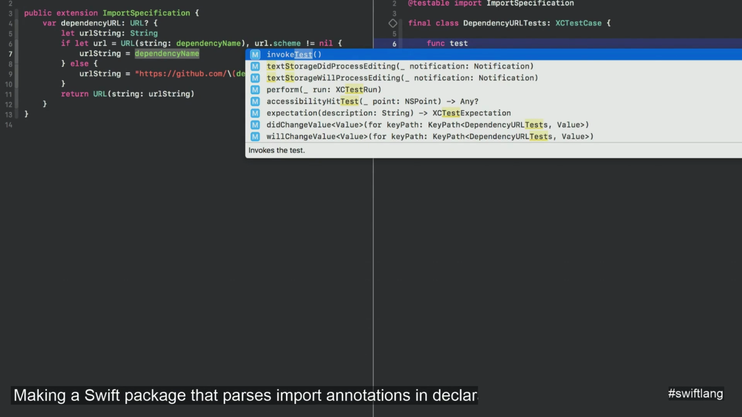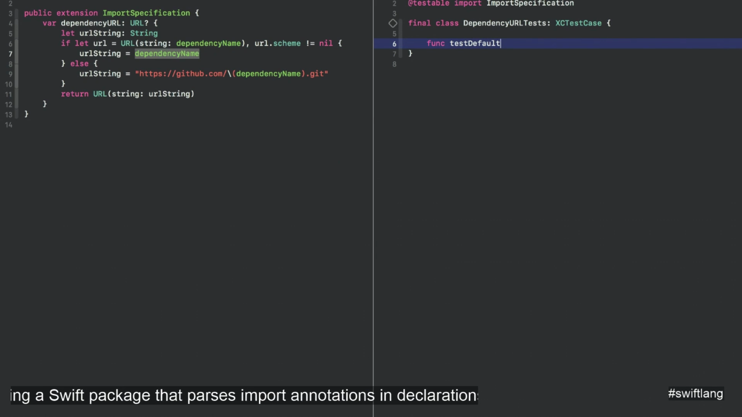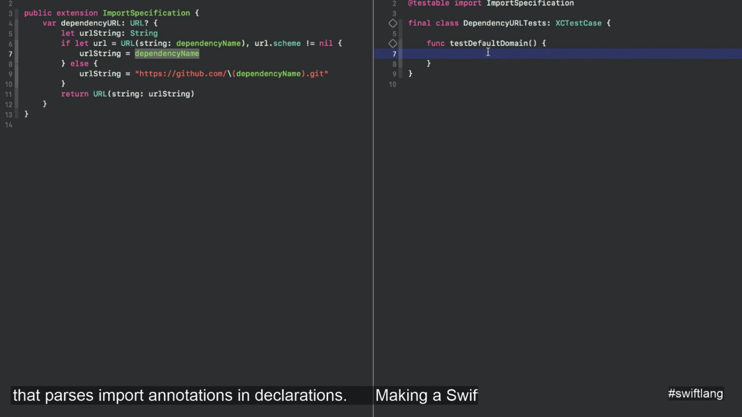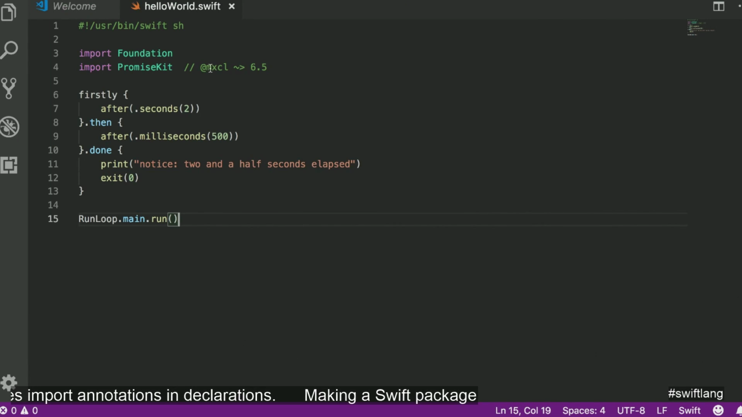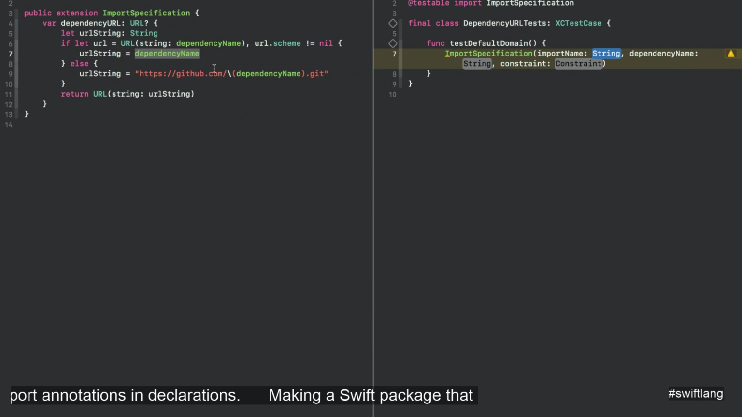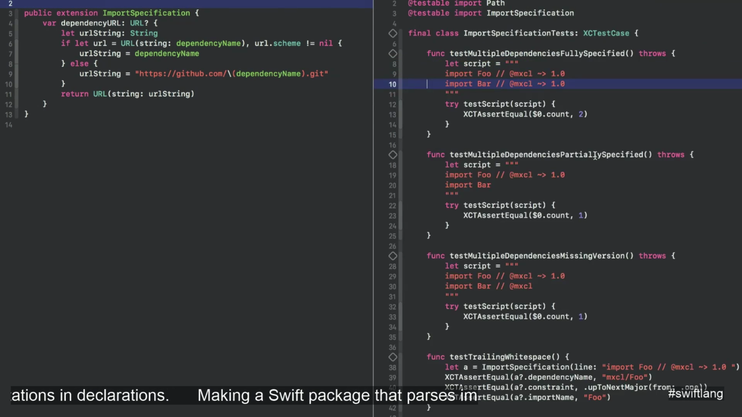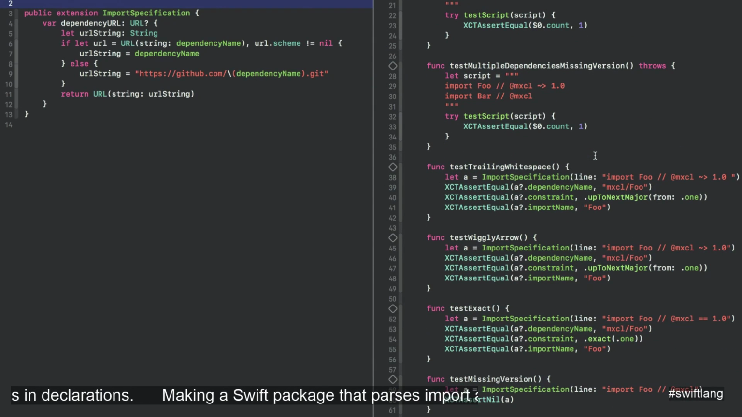Test old, what is host domain? Hold on. So what I'm testing here is that if we make an import application with an import name, da, da, da. So if we name,